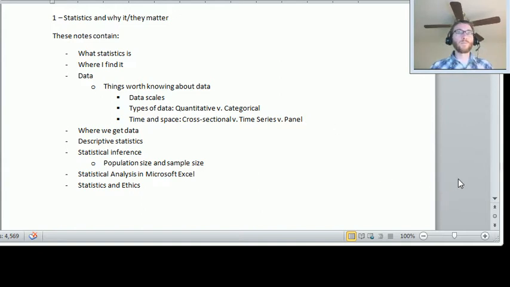We're going to go back a step or two and talk about kind of an introduction to statistics and why it matters. Up here, you can see that I have some notes for once. This is what I normally look at, and I'll be looking at these, but I'll be drawing stuff on the board again. We're going to just try to introduce statistics. I think I'm probably going to get through things worth knowing about data. We'll probably save the rest of this for another video. I just want to give you an idea of what we're going to be going over today.